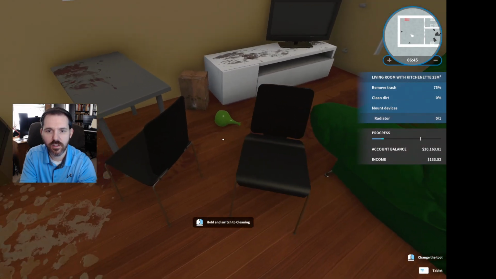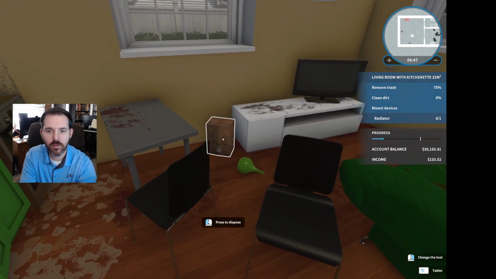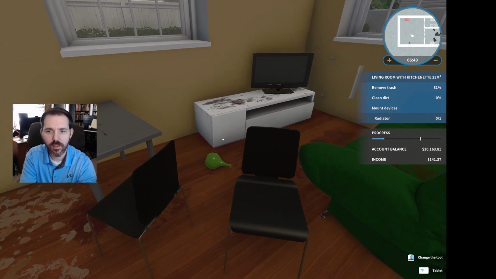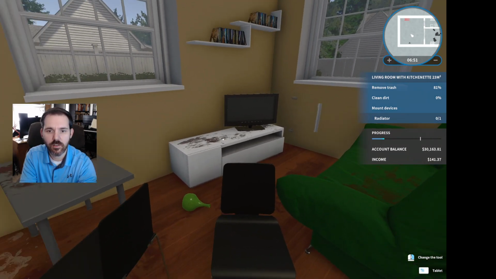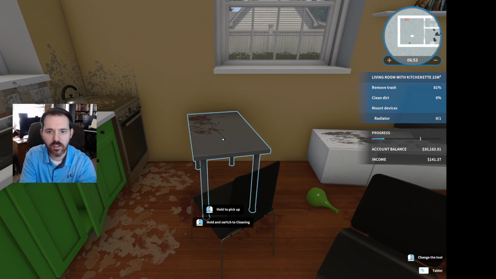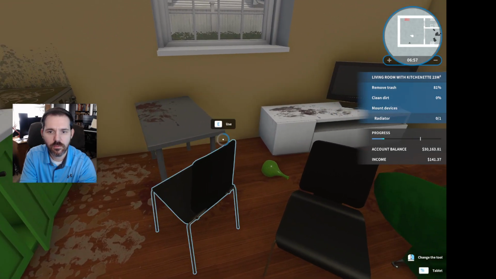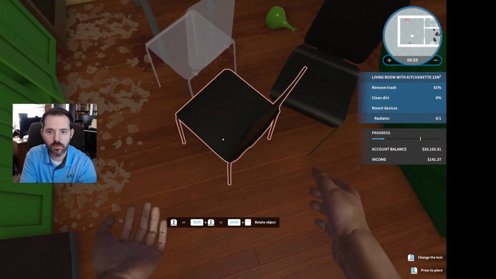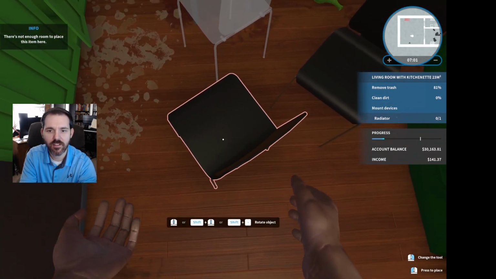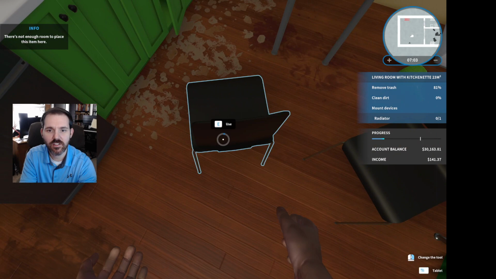Okay, we'll just set it there out of the way. Oh, more garbage. We forgot that box. Okay, let's move this table. Oops, we picked up the chair by mistake. Let me set the chair here.